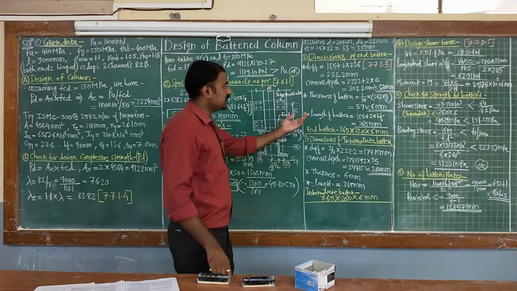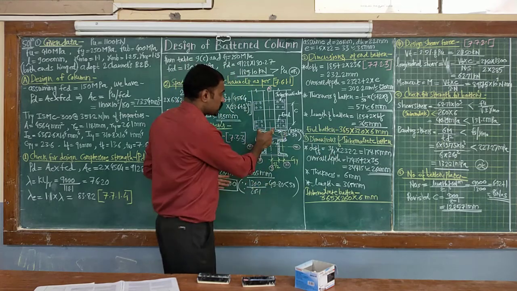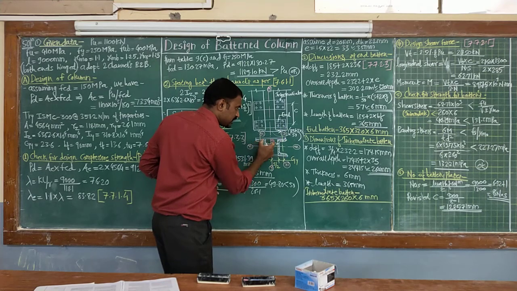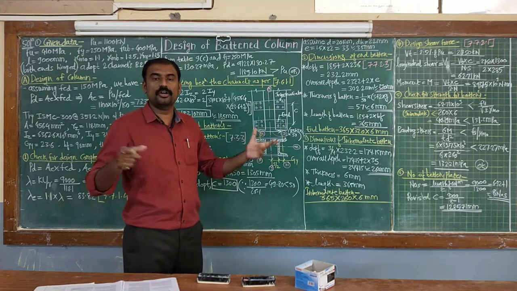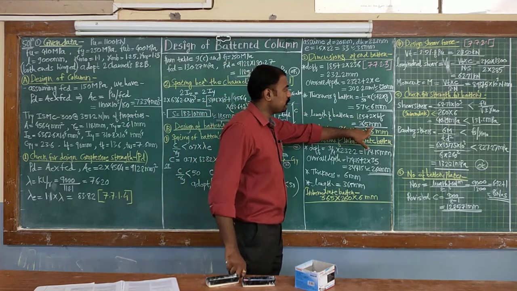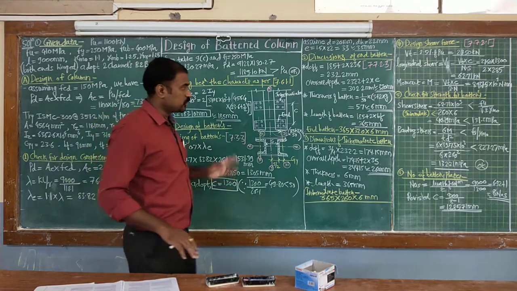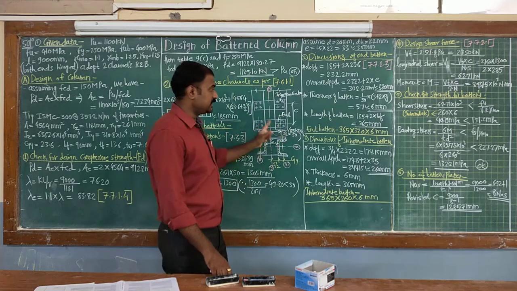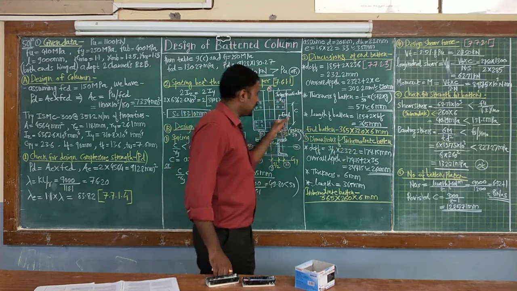Now the last third, that is nothing but length of batten, and length of batten is nothing but, directly from figure you can understand, it should be your spacing plus 2 times width of flange. So this particular value is width of flange, plus spacing between your channel sections. So ultimately total or overall width of your column is equal to length of your batten plate. Now that will be equal to 365 mm, and that is going to remain same for your intermediate as well as end batten. So the three dimensions for end batten are defined, and that is 365 as length value, depth is equal to 320 and thickness is 6 mm.